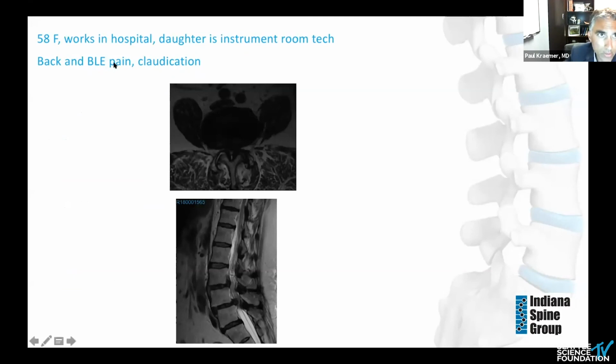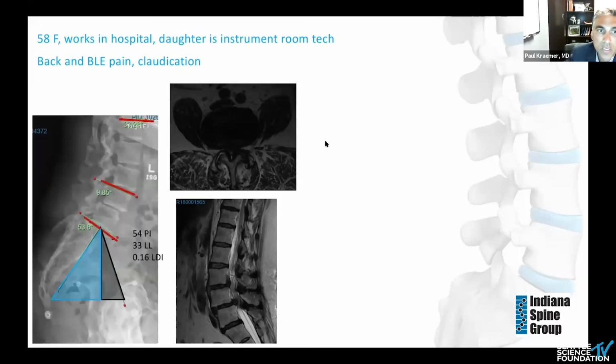And then about 2 years later, this is one of the instrument techs' moms who's got a somewhat similar x-ray. She's got two-level disease, really tight. I think this is 4-5, but 3-4 looks nearly as bad. She's got claudication. She's got back and bilateral lower extremity pain. You do her measurements, and she's actually a little bit more favorable. She's only got a 54-degree PI versus the 60 on the other lady. She still has almost nothing across her L4 to S1, and